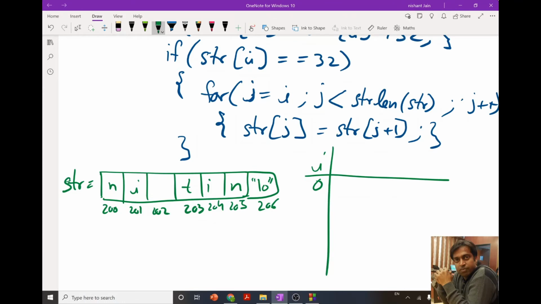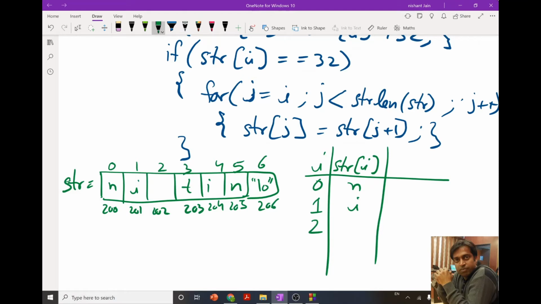When i is 0, we have N, and since N is not equal to 32, we are not going to come inside this if. So we increase the value of i, it will be 1. Then over here we have I, so again it is not equal to 32, so we come to the next iteration and the value of i becomes 2.